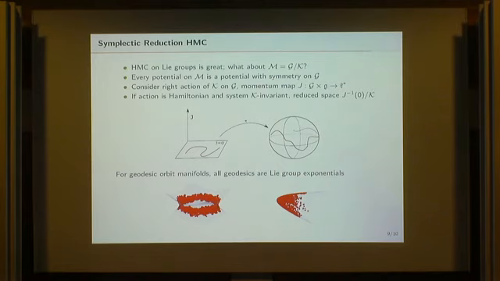To end up with R^n with a magnetic field, you just do R^n mod S^1. You introduce some charge that you want to conserve, so you're no longer in J^-1 of 0, you're in J^-1 of mu. When you reduce, you end up with R^n plus a magnetic field. It's not necessarily a bad thing, but you have to be very careful to make sure you're still preserving your target measure. If you do it properly, you do. But in a general manifold, your reduced space is some kind of